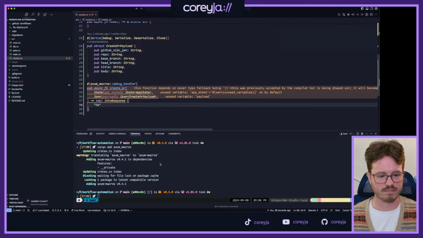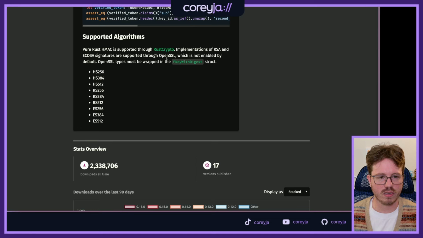Only claims. If you don't care about the header, as long as the header is valid, signing and verification may be done in just a few traits. I want to make a... Perfect. This is not a default. Pure Rust agent implement RSA. Oh, okay. I might need the OpenSSL. I might need OpenSSL thing then. Because I need to make